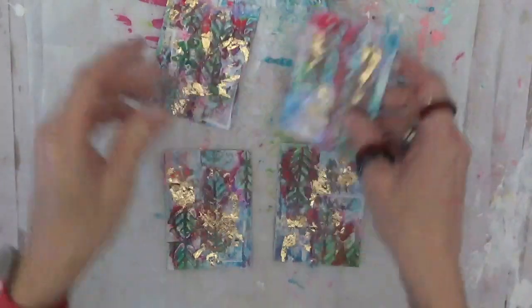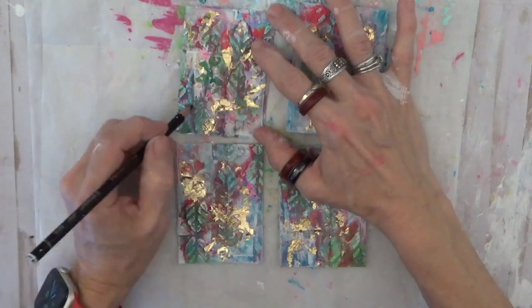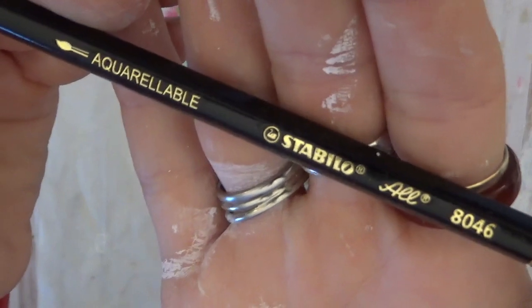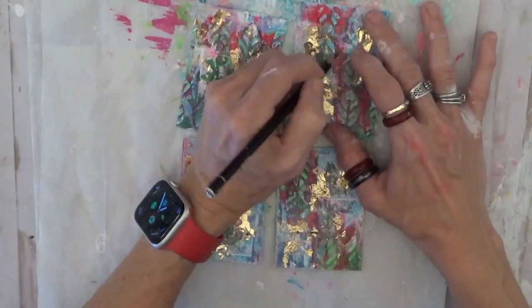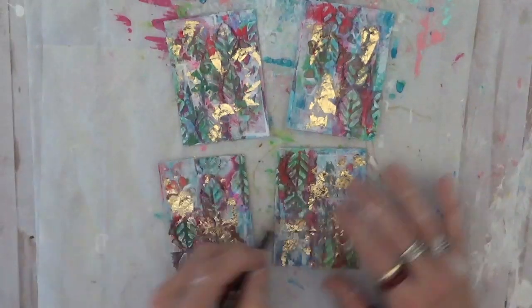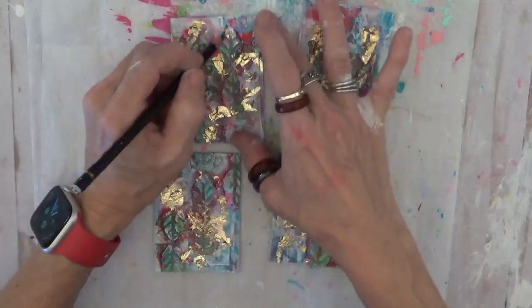All right, let me get this in the water. I am going to just add a little bit around a couple of these leaves. This is my Stabilo All pencil. There we go. These are water soluble. You could also use a watercolor pencil. You could even use some Neocolor IIs. You could use a water brush or a paintbrush to collect some of the color off of there. If you didn't have any of those, you could even just use some watered down acrylic paint and use a paintbrush to go around the edges lightly, just to give it just another thing to kind of pull these